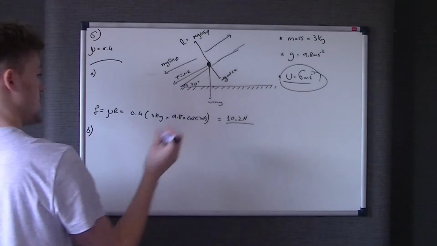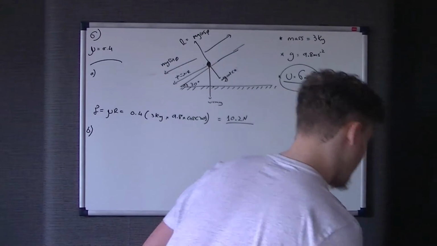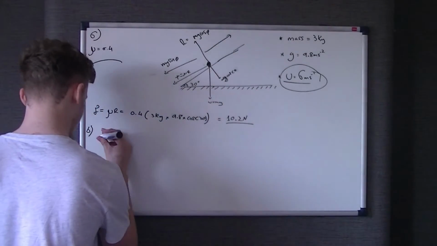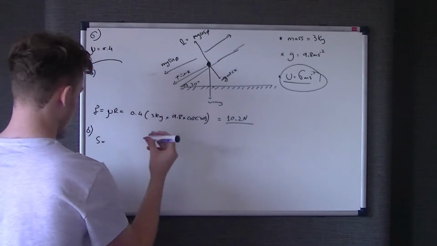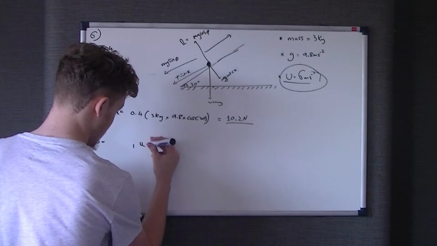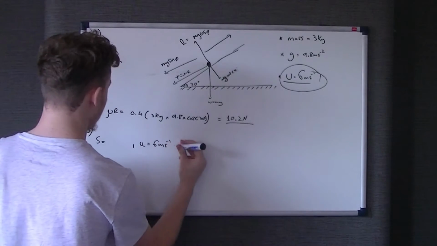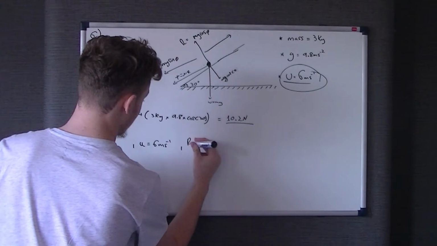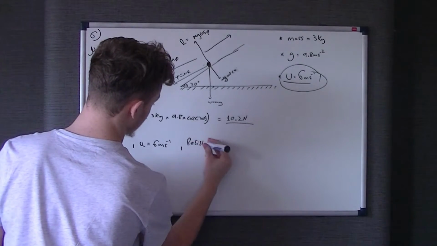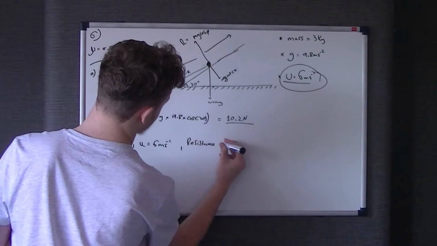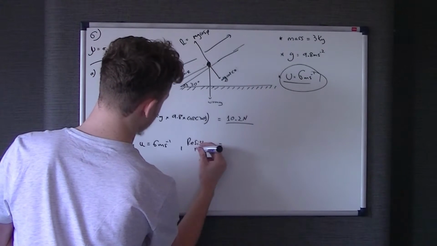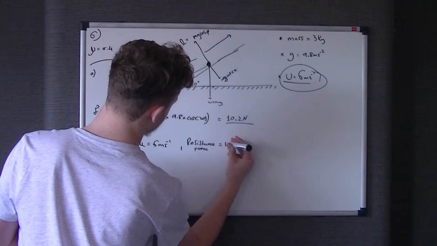We want to work out the distance moved by P until it stops, so obviously we want the distance, s. We've got the initial speed, u, of 6 meters per second. We've got the resistance force, not the resultant force, the resistance force, which is equal to 10.2 newtons